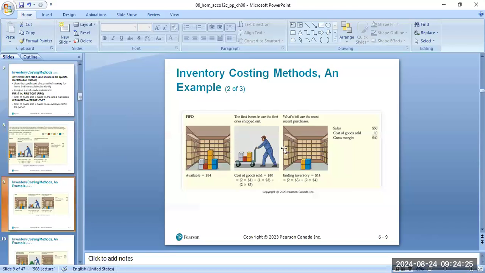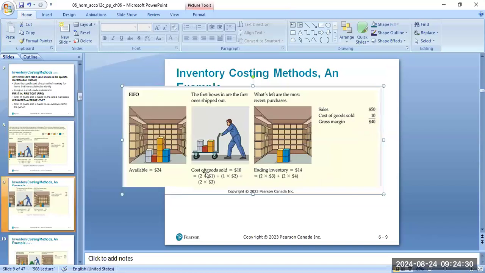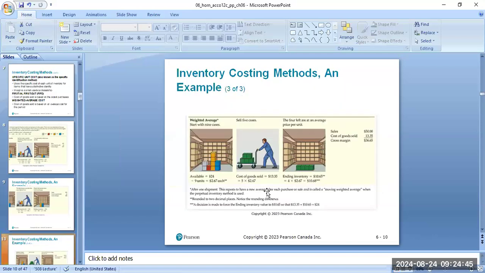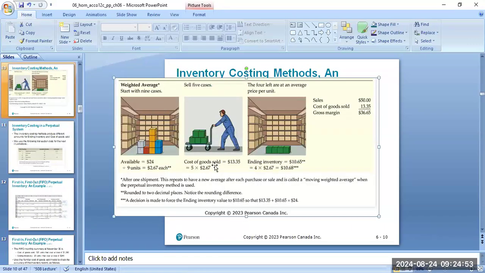Second method, first in, first out. Whatever unit comes first, that unit goes out first. And you're always going to have the last purchased units available to sell in your ending inventory. The last one, weighted average, you just don't care about the cost per unit. You're assigning the same cost to the older units. And when you sell them, you just count how many you're selling and put that average cost to the cost of goods sold,